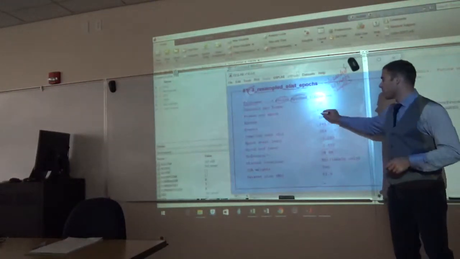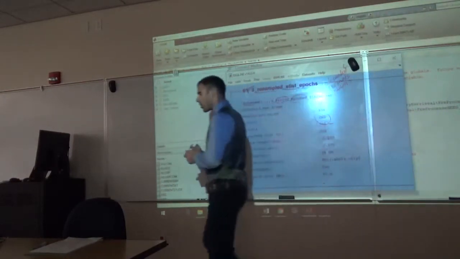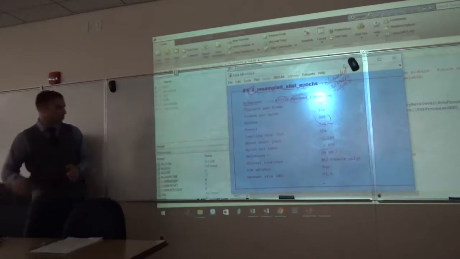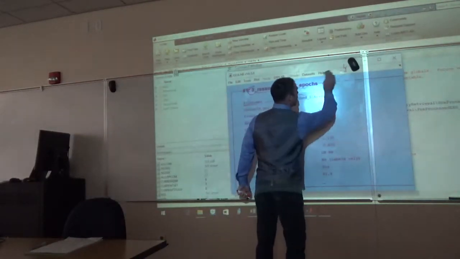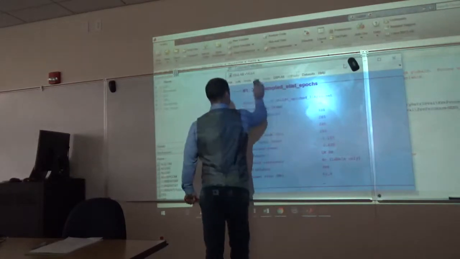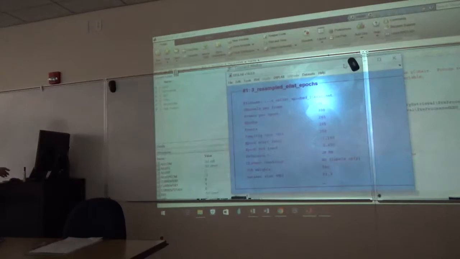So that's what we have here, and of course that's the same as our epochs. So I just wanted to start by showing you that. Just a basic orientation of the structure of the data, okay? So here we are, I've loaded in subject 3, and what we're going to need to do